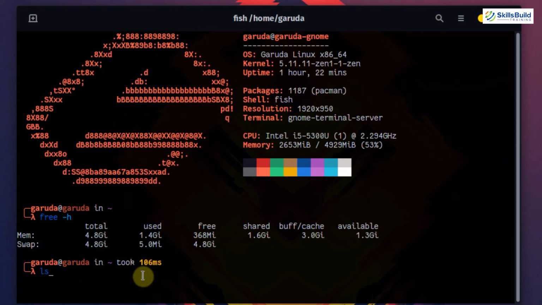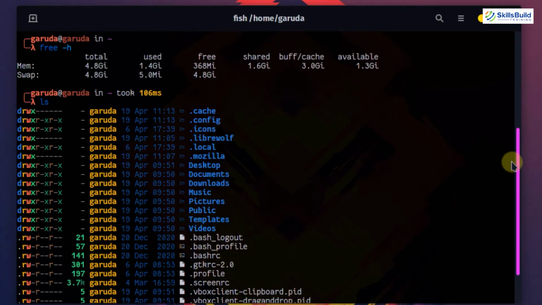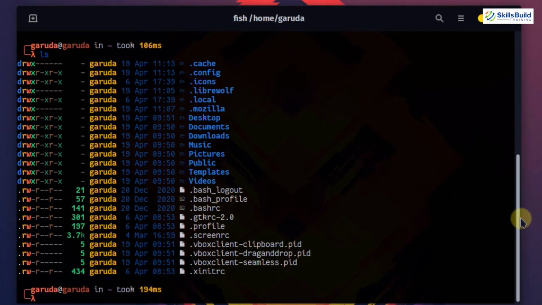If I write ls here and hit enter, you can see that I have all the folders which are available in my default directory. As you can see, there are different color combinations in my terminal as well. In other Linux distributions, we did not have that concept of colors in the terminal. We had only a few colors there, but in Garuda Linux distribution, as you can see, we have a number of colors which make use of the terminal a little more fun. So we can say that it is a bit of a plus point with Garuda Linux distribution.